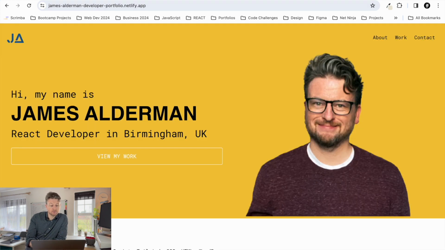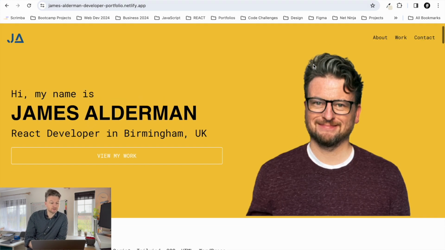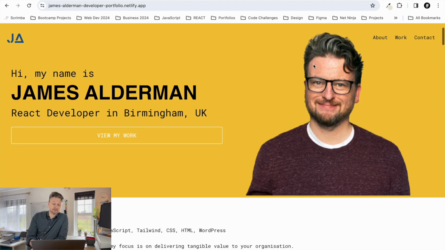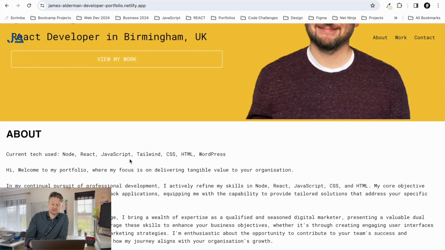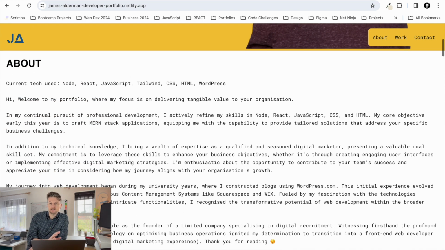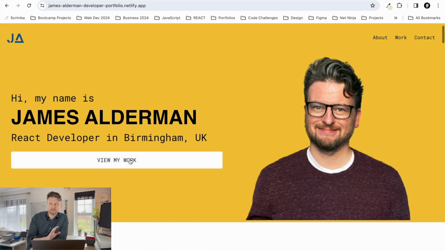When you look at my portfolio, what I've done is I've just put my name, I'm a React developer in the UK, and my image. And straight away I've got a button that says view my work. But what you will see here is that this is a single page. And I think that having a single page makes sense for a portfolio in the most part, because if you think about it,